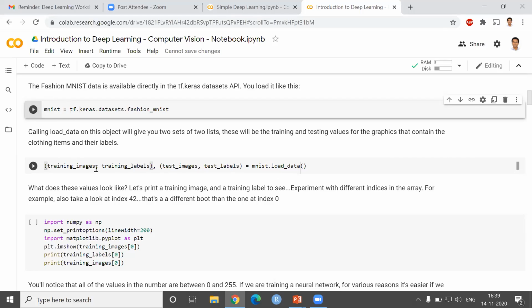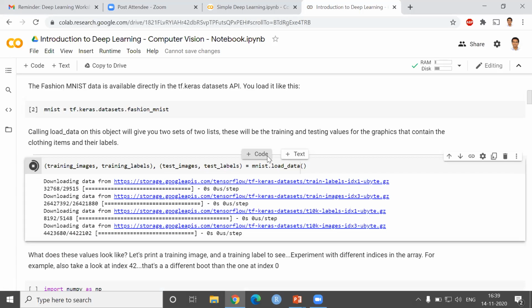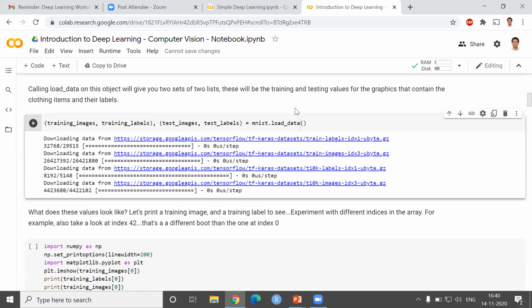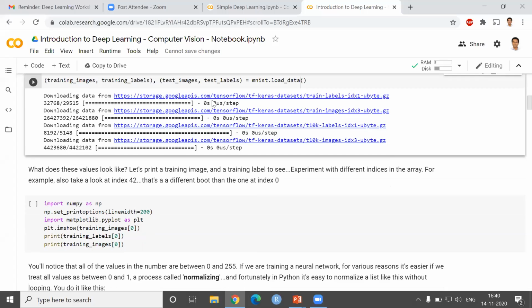So we have 60,000 training images, 60,000 training labels, 10,000 test images, and 10,000 test labels. Let's run it. The data has been downloaded. Okay, so now we have downloaded the data.